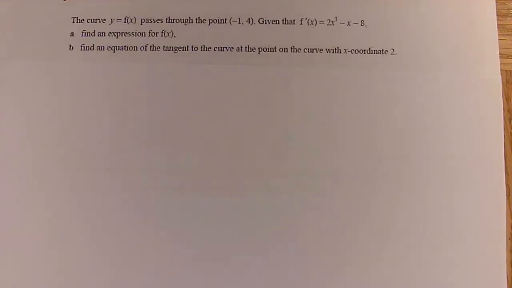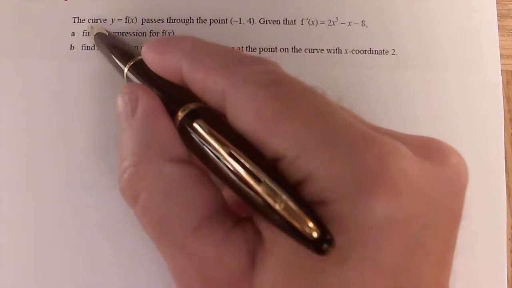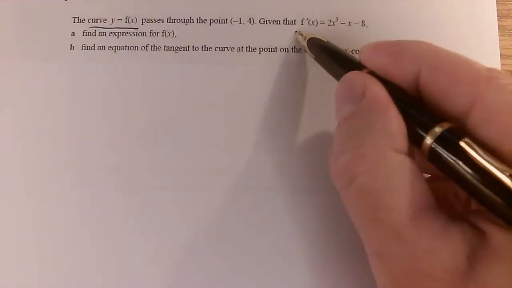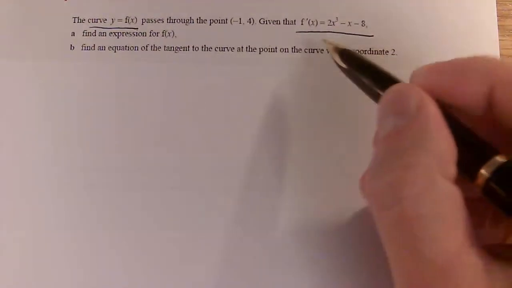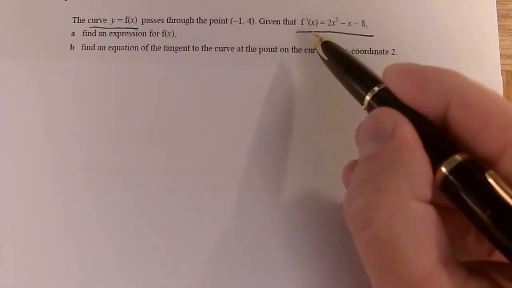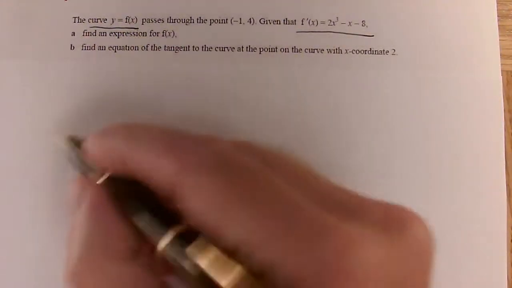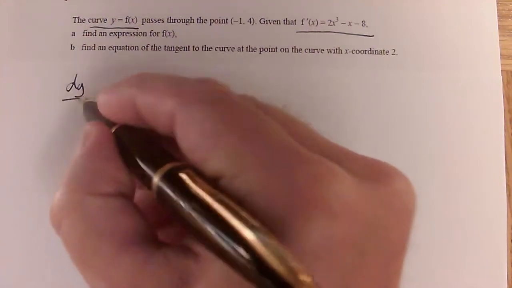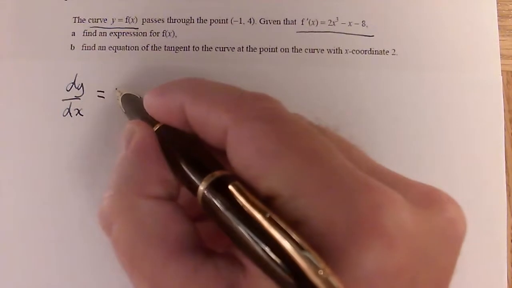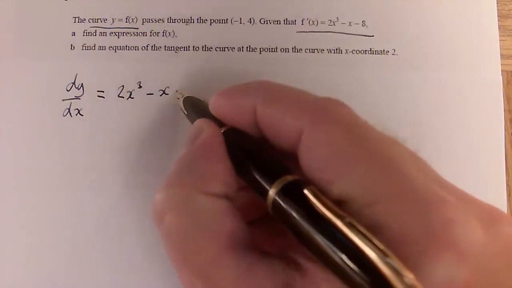Okay, this doesn't look like an integration question at all at first glance, but it really is, because we've got this curve y equals f of x, but they're not telling me f of x, they're telling me f dashed of x instead. The other thing they have to tell me is a point on the curve, for reasons we'll see. So our starting point is f dashed of x, and I want f of x, so I could use that notation, or I could say dy by dx. That means the same thing as f dashed of x, and that is this expression: 2x cubed minus x minus